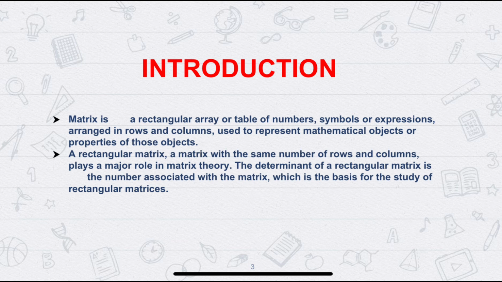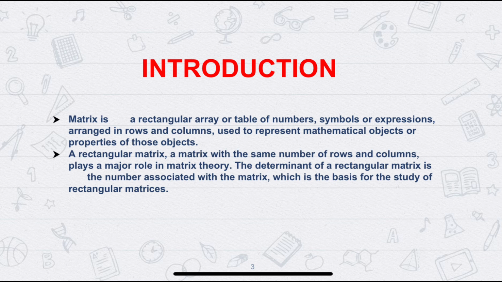Introduction of matrix. Matrix is a rectangular array or table of numbers, symbols, or expression arranged in rows and columns used to represent mathematical objects or properties of those objects. A square matrix, a matrix with the same number of rows and columns, plays a major role in matrix theory. The determinant of a square matrix is the number associated with the matrix, which is the basis for the study